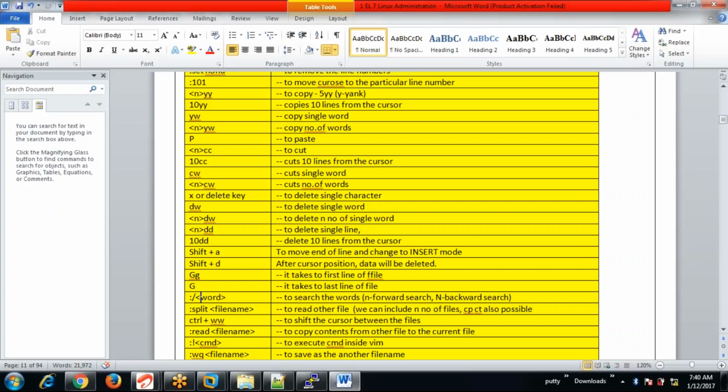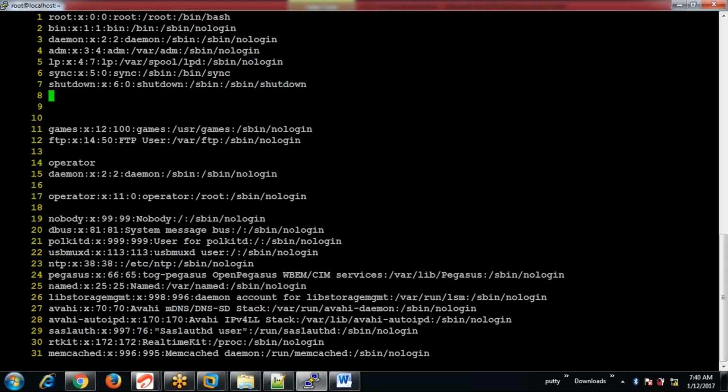Okay, the next one: how to search a word in VI. Say, for example, go to command mode, type a slash and type the word root. Do we have root in line number 70 here? Yes.